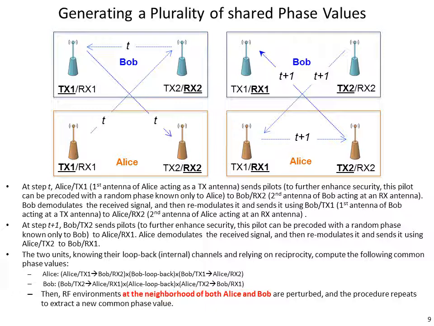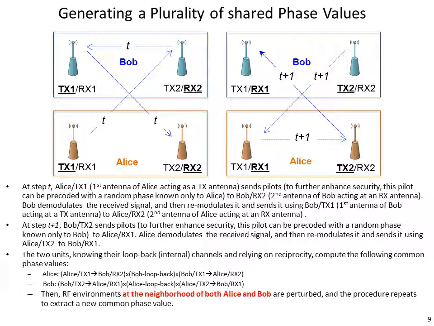The slide here explains the steps taken after the channel has been perturbed, meaning that the RF environment close to antenna 1 of Alice, as well as antenna 2 of Alice, as well as antenna 1 of Bob, as well as antenna 2 of Bob is perturbed, and we are ready to generate a fresh new shared phase value between